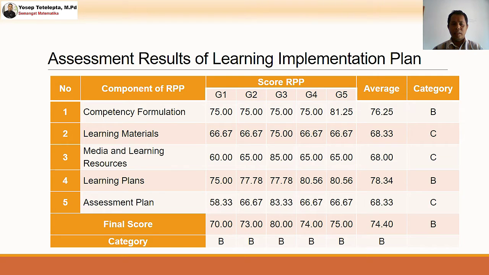Component 1. Competency formulation: G1 75.00, G2 75.00, G3 75.00, G4 75.00, and G5 81.25. Average 76.25, Category B. 2. Learning materials: G1 66.67, G2 66.67, G3 75.00, G4 66.67, G5 66.67, average 68.33, Category C. 3. Media and learning resources: G1 60.00, G2 65.00, G3 85.00, G4 65.00, G5 65.00, average